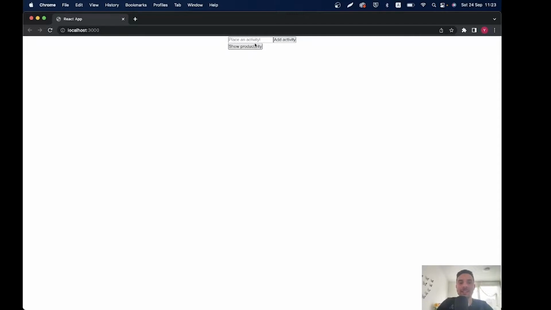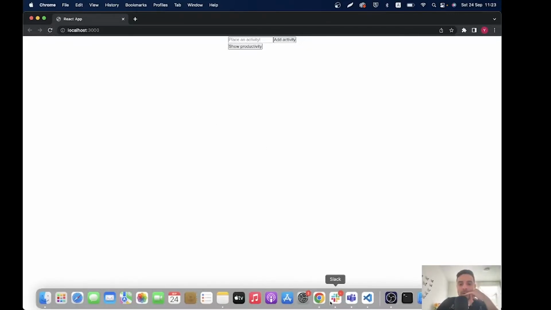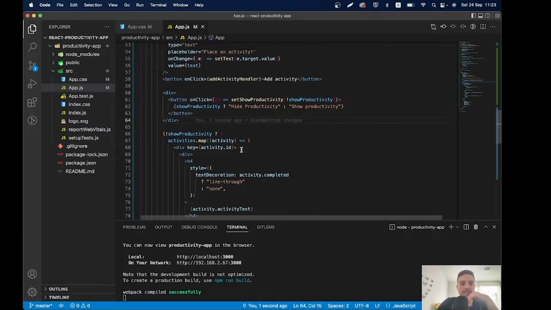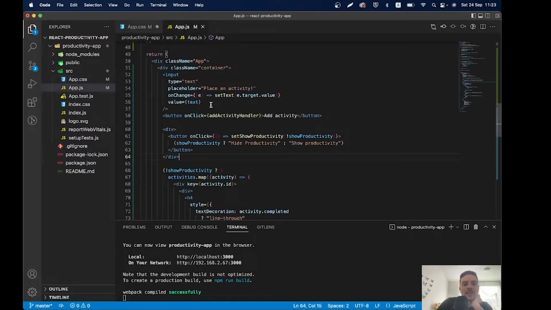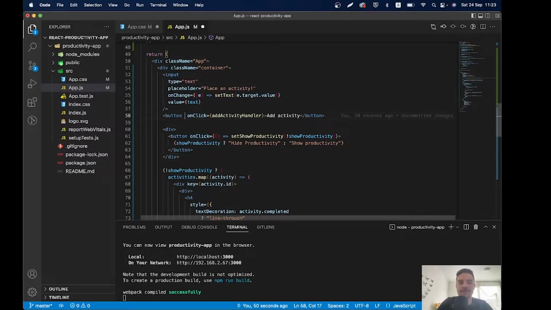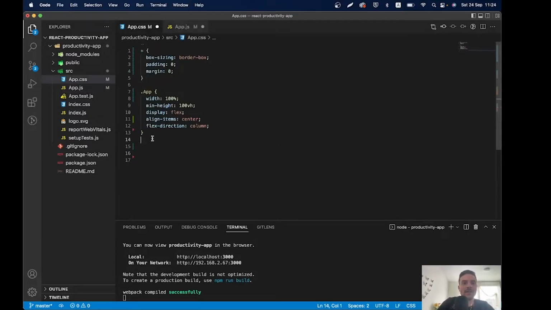So I think we are done with this, and we can start styling this application. Okay, let's do this. Let's start with the input, the button, and everything else. So div class name of container. So the container, inside the container we have the input and the button. Let's give this a class name. So the first button will have a class name btn add, and let's do so input